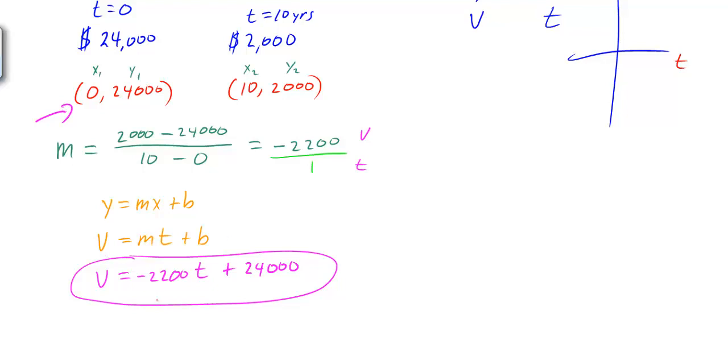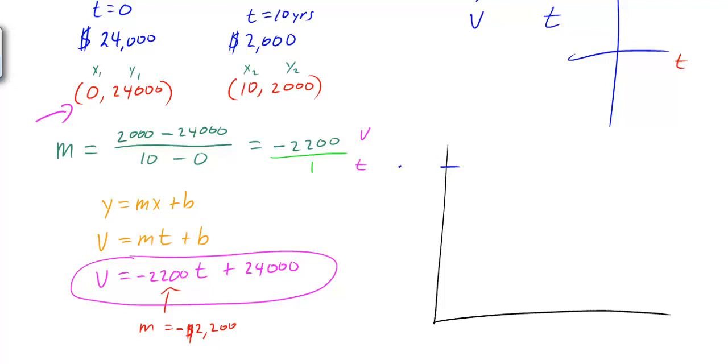And I've mentioned this already, but I want to re-emphasize this. Here we have our slope, which is negative $2,200. What does that represent? Well, that represents that every year, and this should actually be a negative $2,200, the value of this printer is going to decrease by $2,200. So if we start out with the value of the printer up here at 24,000,